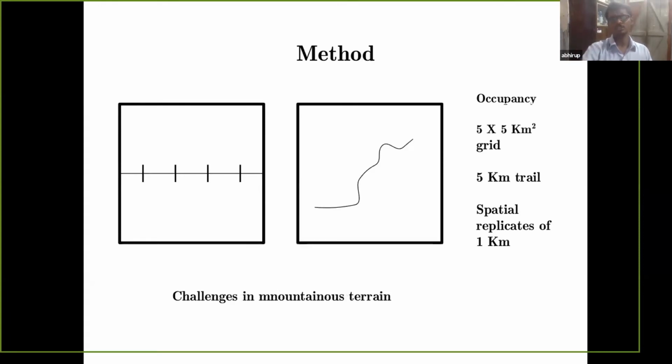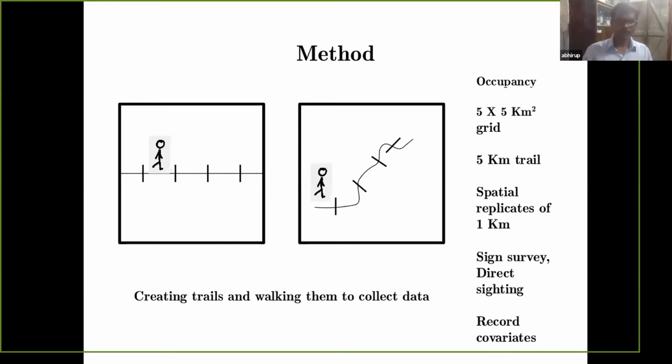Now this is challenging in mountainous terrain because of the straight trajectories that you can't take. So generally, you can walk a distance of 5 kilometers within that grid, which is representative of the grid, and then break it into 5 sections again after you come back from the field. So you walk this 5 kilometer distance, break it into 5 sections, and we recorded